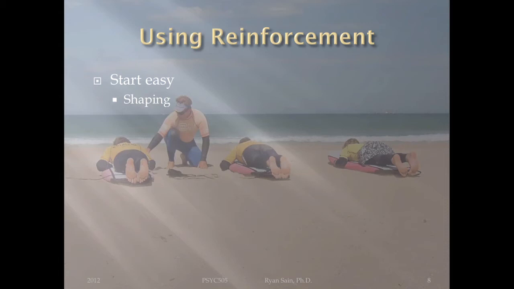Why? Because you're going to shape the behavior. Right? So what's shaping? Shaping is defined as reinforcement of successive approximations of desired behavior. Let's do that again. Shaping is defined as the reinforcement of successive approximations of desired behavior. Meaning that the desired behavior in the picture here is surfing. So what's the trainer doing? He's shaping the response. First things first, learn to lay on the surfboard. And he said, good job, good job. He's doing some minor corrections there, right? Getting the arms in the right position, so on and so forth, making sure you don't look like a beached whale, or whatever, but you get the idea.